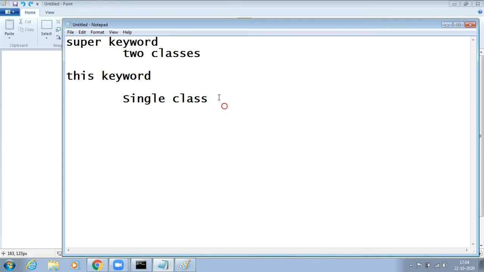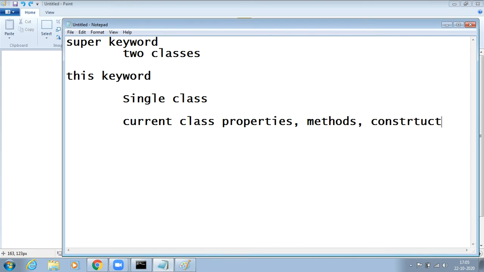So what is the this keyword? The this keyword refers to the current class properties, current class methods, and current class constructors. We already saw this in the earlier classes. It means the this keyword is used to refer to current class properties, methods, and constructors.